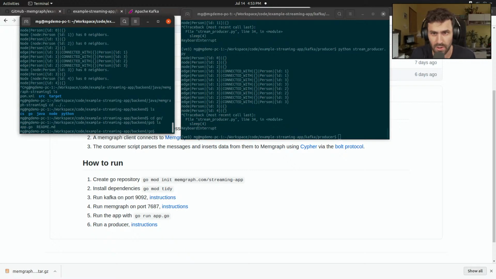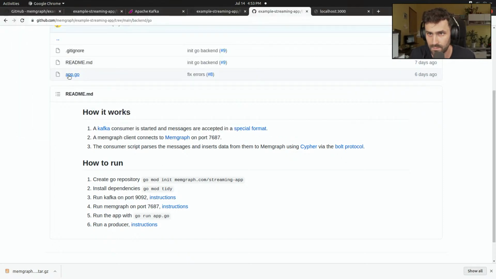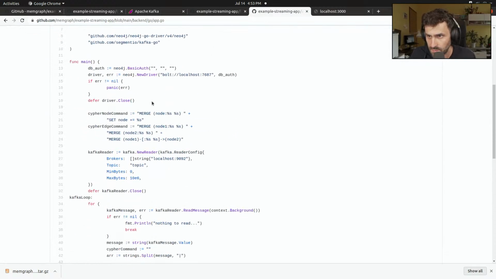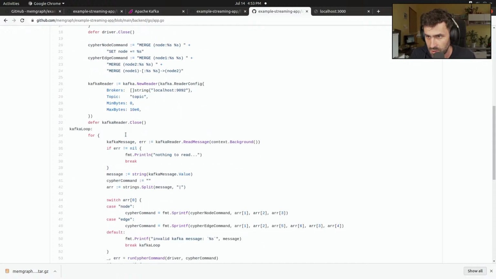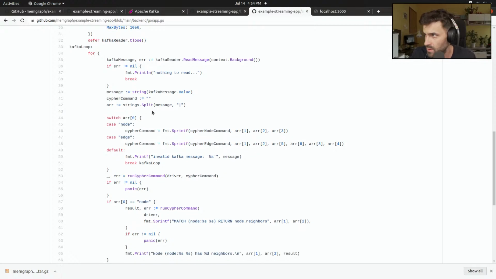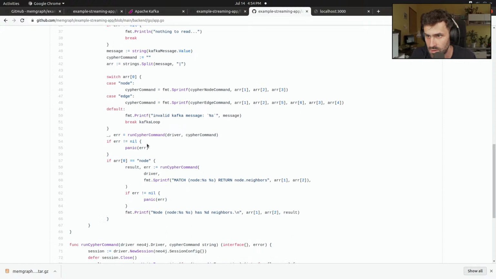What about Go? So we have a simple Go file. If we open this, again, very similar. We have a couple of commands to create nodes and edges. We have a Kafka config, and then messages are coming in. I wouldn't explain every single command. It's fairly straightforward. And then in addition to these things,